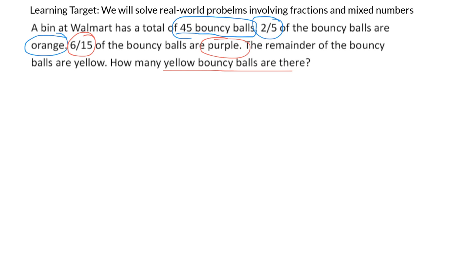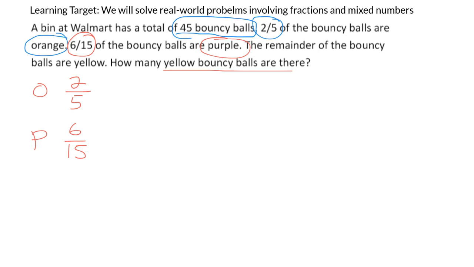So I'm going to start by kind of taking some notes of the things we know here. We know orange is 2/5, and we know that 6/15 are purple. Okay. Now I think the easiest thing to do, I'm looking at my two denominators right now. If I want to add these up and find out how many balls are either orange or purple, what I can do is turn these fractions into a common denominator,